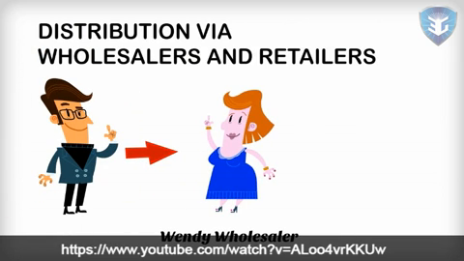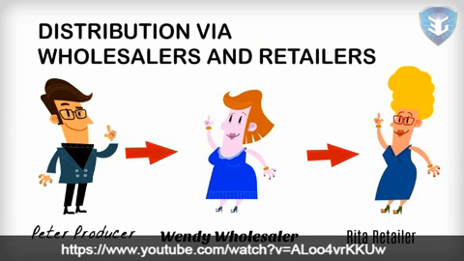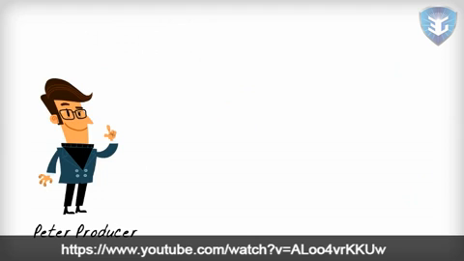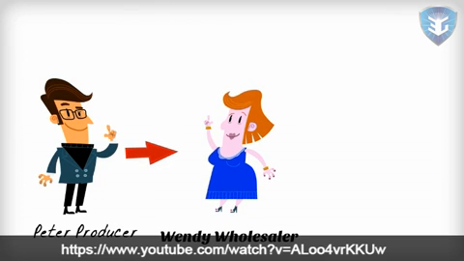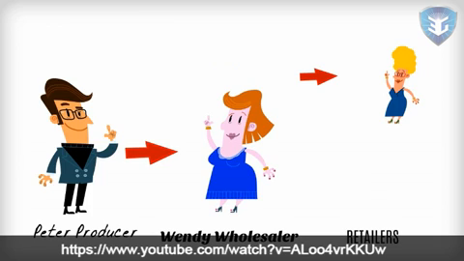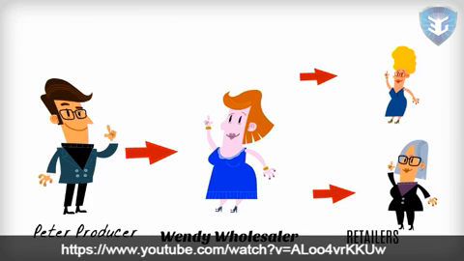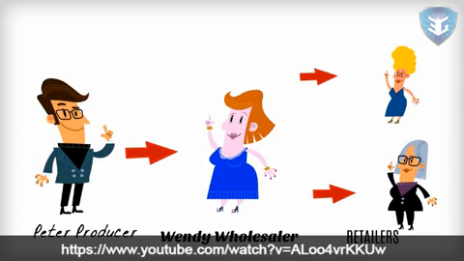Distribution via wholesalers and retailers. This type of distribution channel involves at least two intermediaries, wholesalers and retailers. This is sometimes called traditional distribution. Wholesalers are businesses that purchase in considerable bulk from producers and then sell smaller batches to many different retail businesses. For instance, independently owned convenience grocery stores and pet shops usually buy their stock from wholesalers. Using wholesalers is an effective way for manufacturers to get products stocked in small retail businesses without having the transport costs involved in making small deliveries to each of them.